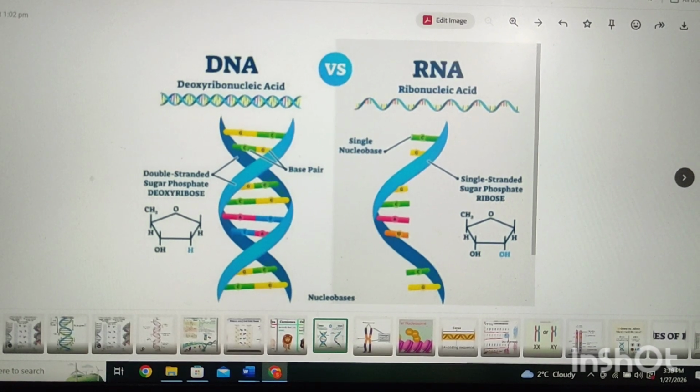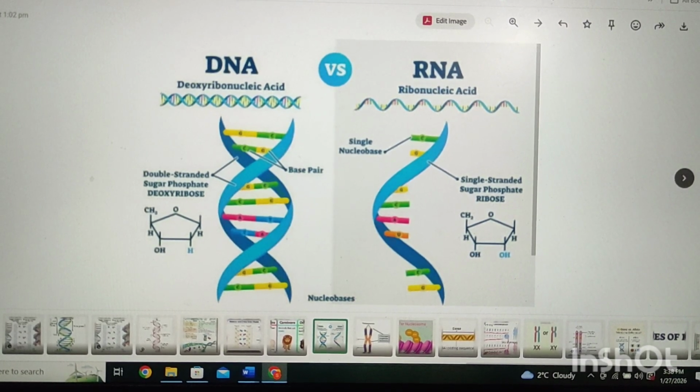Assalamu alaikum. Today we are here to discuss the comparison, or the differences, which can be found in DNA and RNA. Both these topics have been covered and their structures are well known in your minds. Now let's come to the basic differences by which we can differentiate between the two.